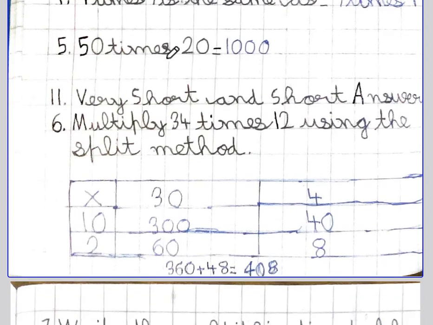50 times 20. So if higher numbers are coming, we should just multiply the numbers. That is 5 cross 2 will be equal to 10, and the remaining 2 zeros we can add on, which will give the answer as 1000. Very short